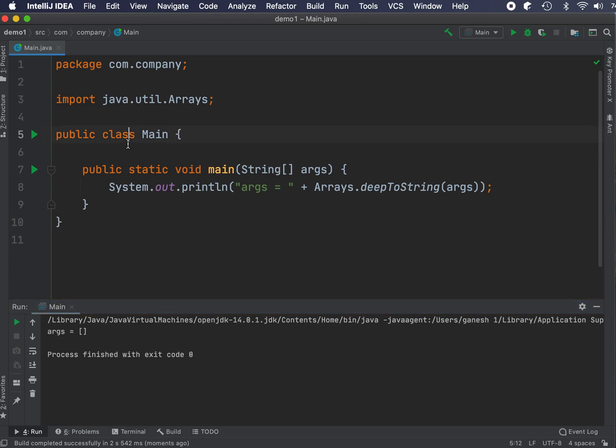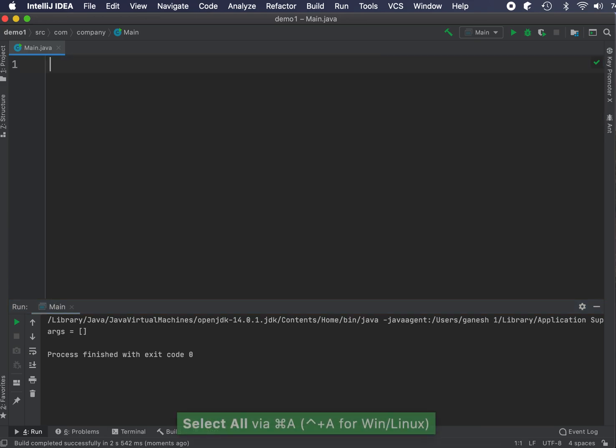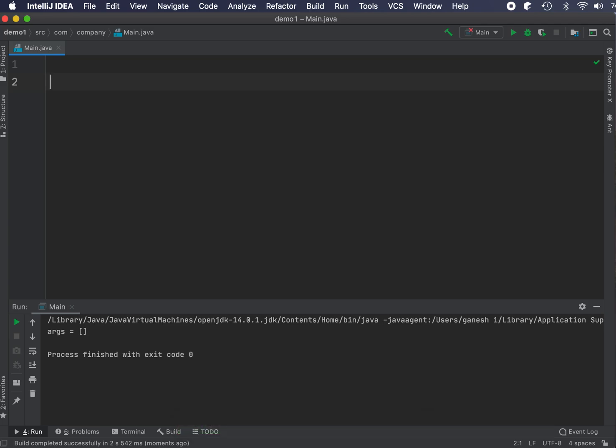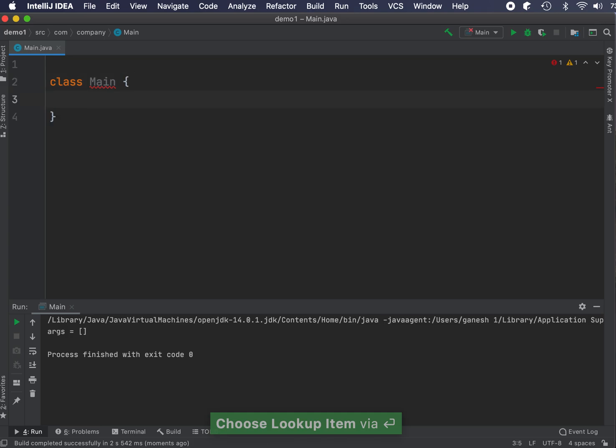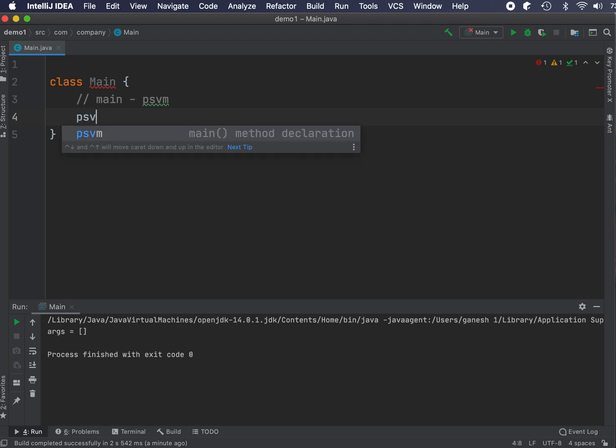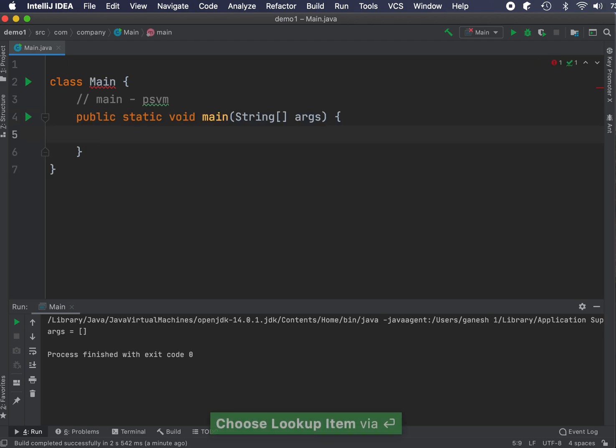So let's remove this and start from scratch, right? So let's type class. So for that, you don't have to type class, you just can type cl, and class appears, and give a name. I'm giving main here, and to type main, you can either type main here or public static void main, psvm. So let me type psvm here, and here you go, we got the public static void main,